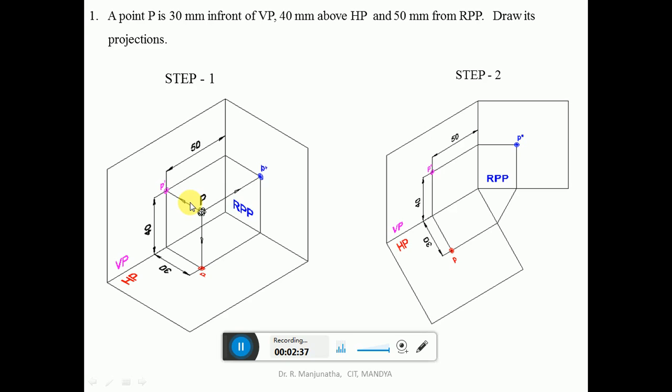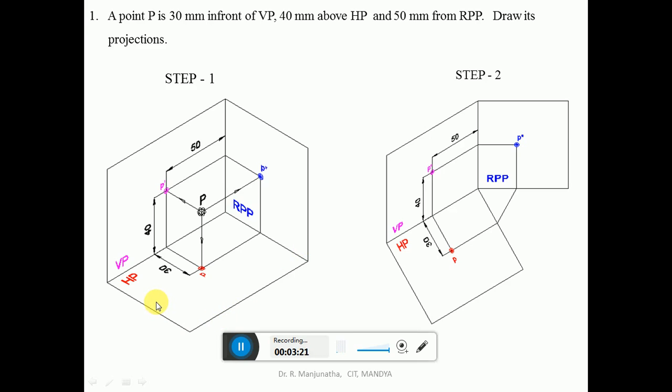So in other words, to view the object on the vertical plane, the observer has to be from the front view. Suppose you want to see the image on the vertical plane by looking from the top view, it is not possible because the observer will be in line with the vertical plane. The image cannot be seen there. Similarly, in the case of the left side view or the right side view. To view the object on the horizontal plane, the observer has to view from the top view. In the top view, the observer will be perpendicular to the horizontal plane.